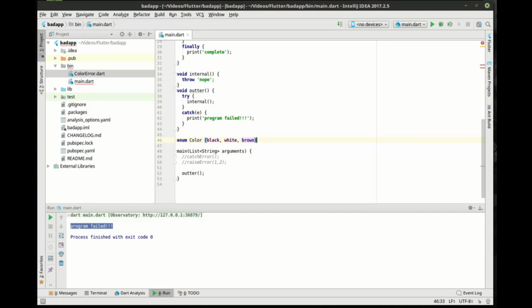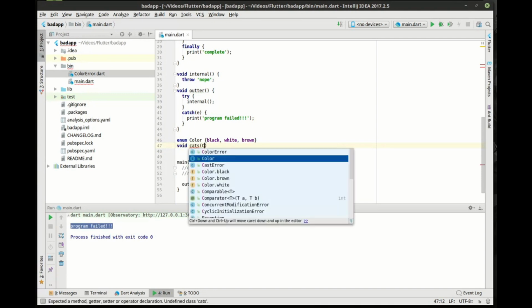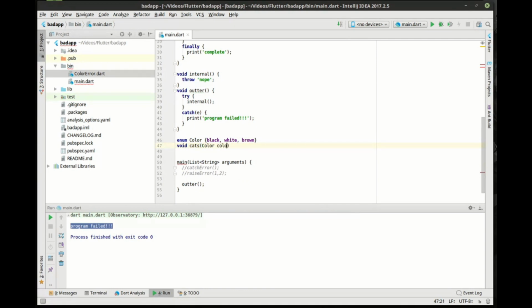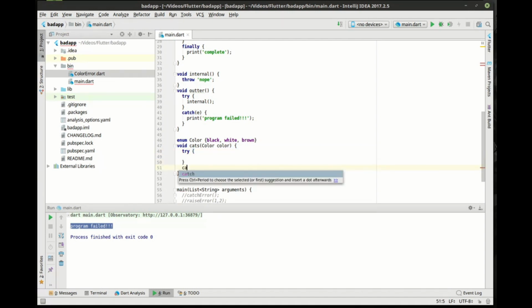So an enum is basically an enumeration of something, an enumeration of values. It's a zero-based index, so this is 0, 1, 2, and it's super simple to work with. And we're going to say void cats because I like cats. Then we're going to say color, and let's call this color. Notice how the upper and lower case are two distinct things. And we're going to say try. And then we're going to say catch. And finally,